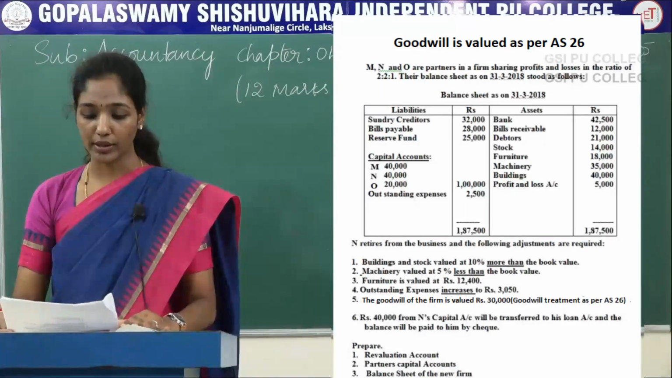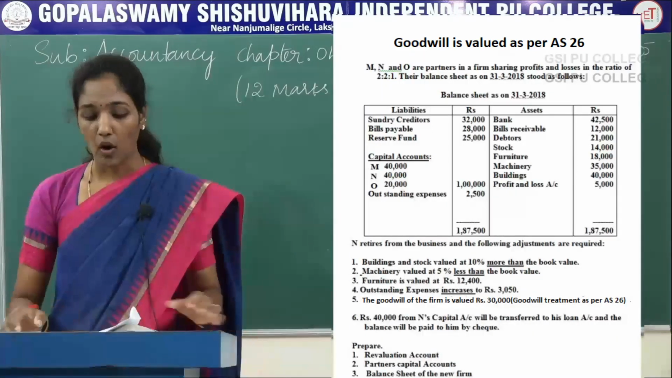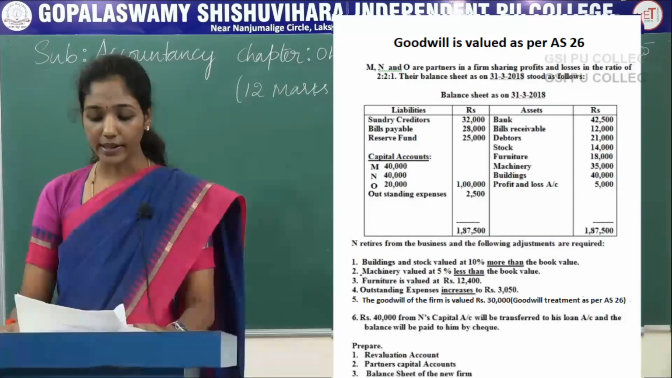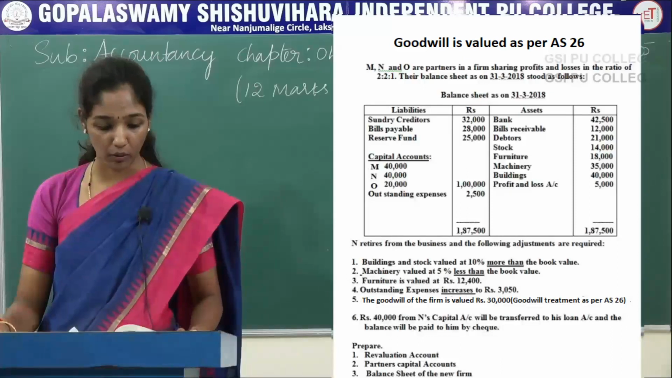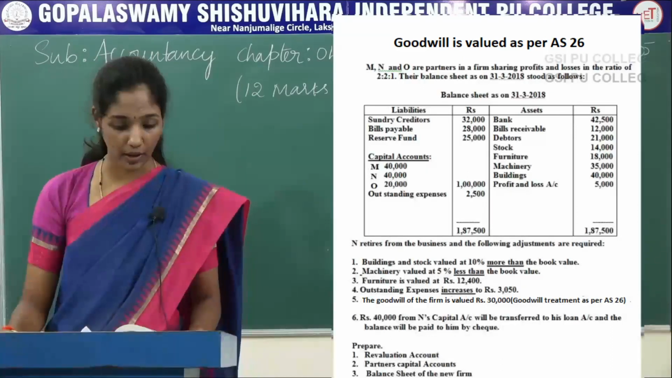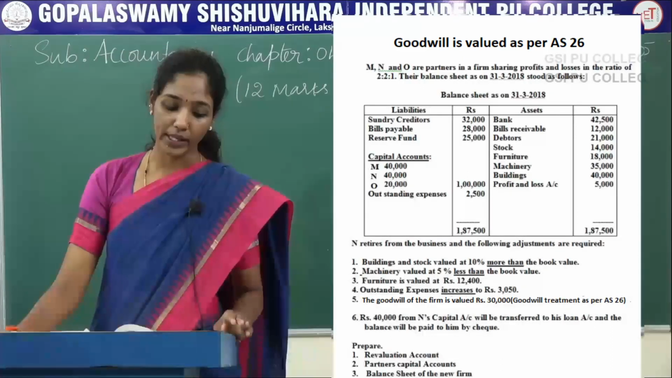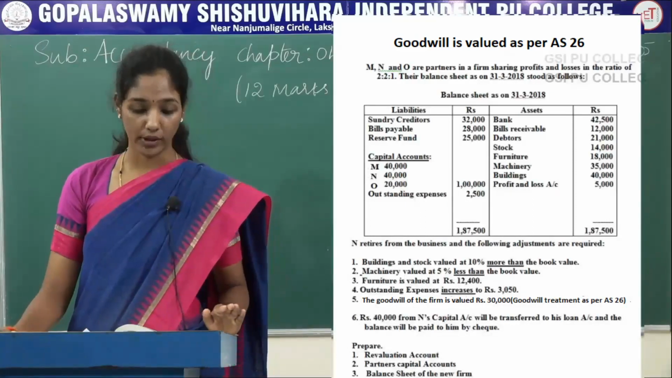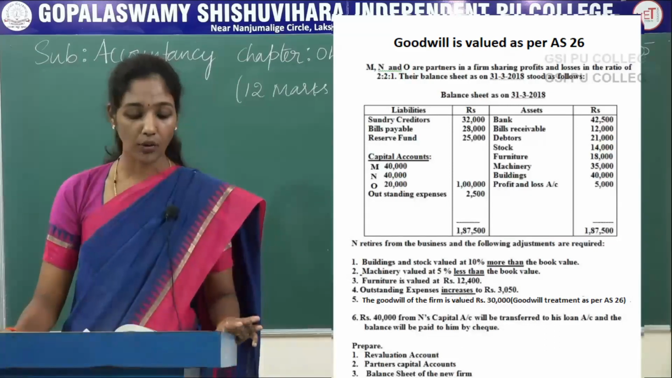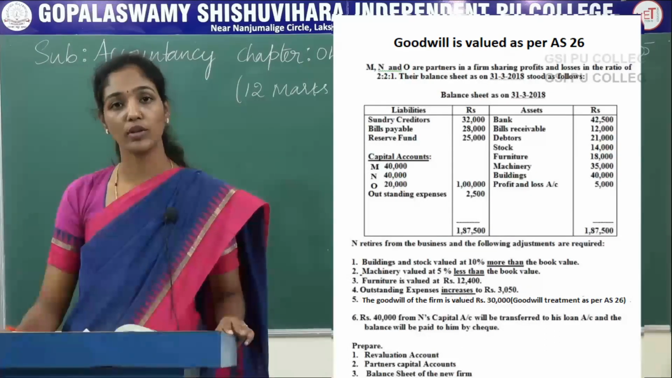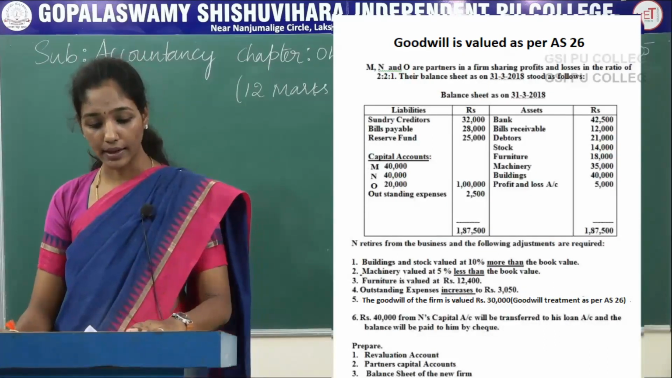Balance sheet as on 31st March 2018. On the liability side, sundry creditors 32,000, bills payable 28,000, reserve fund 25,000 and capitals of M, N and O. M 40,000, N 40,000, O 20,000. Outstanding expenses 2,500. On asset side, bank